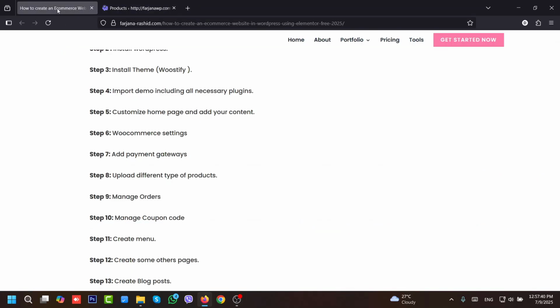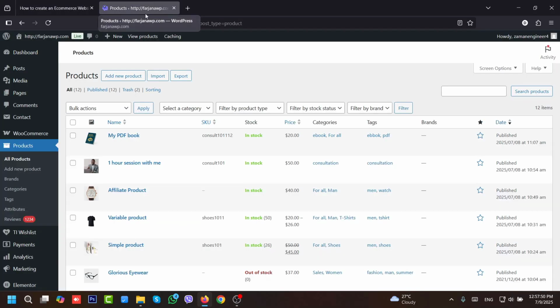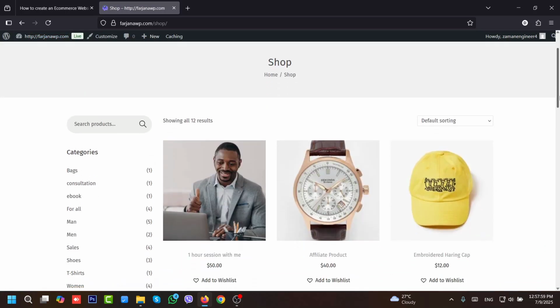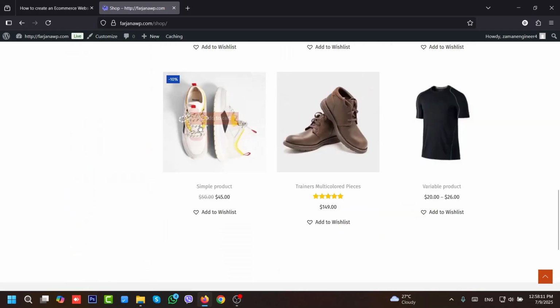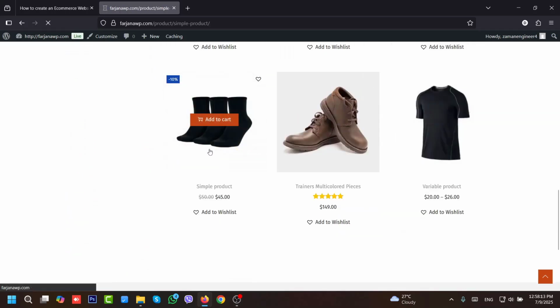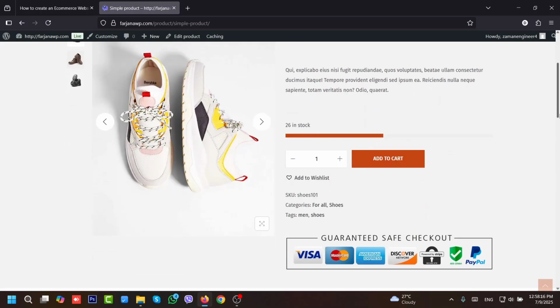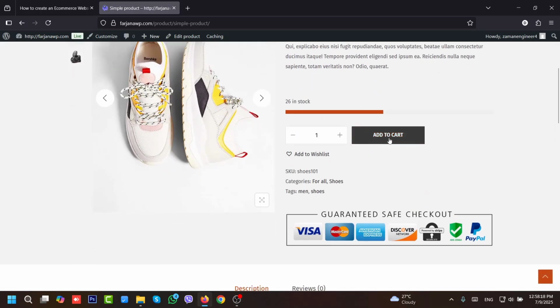Now if I check our steps, so upload different type of products, this is done, and next I'm going to show you how to manage orders. So now if I go to our shop, so visit store, and from here I'm going to create an order. So going to select this one, this is the simple product, and from here going to add to cart,